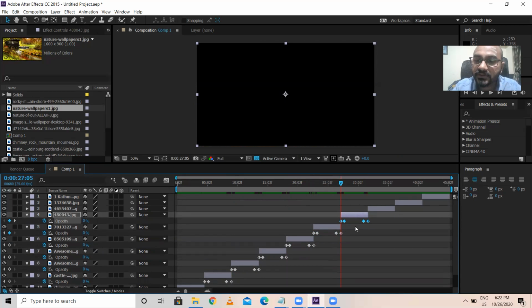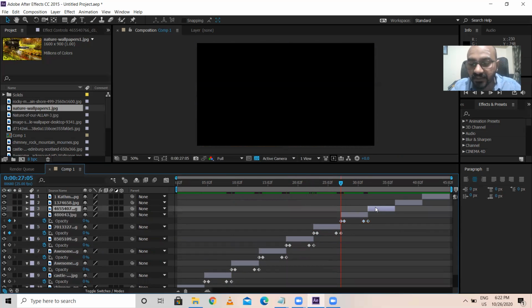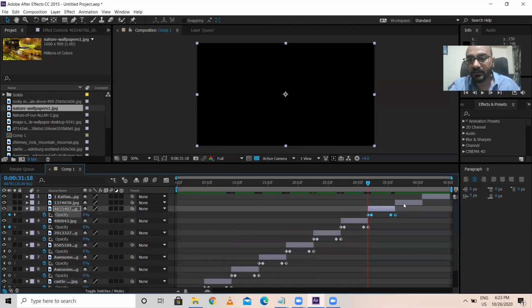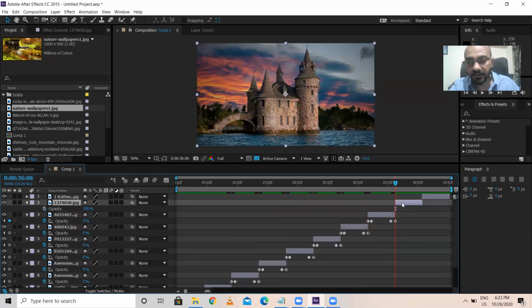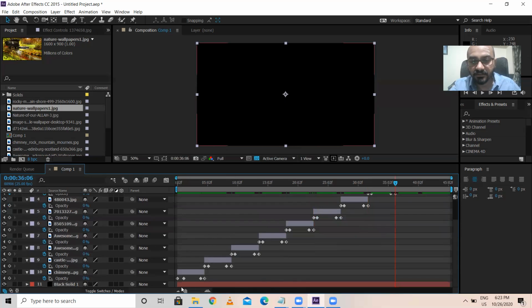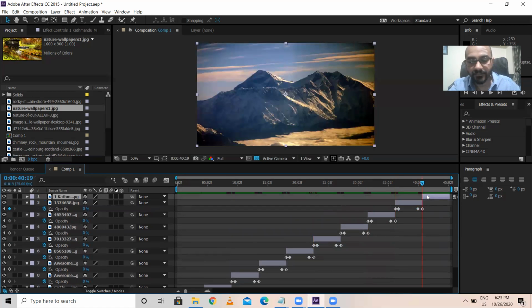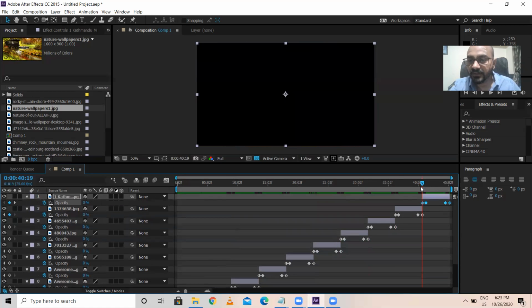You have to select individually, because when I select this and press I, I'm defining the position over here of the indicator. So the indicator will be over here. Then you are pasting the keys, means where you want transparency to happen, where you want the fade in, fade out to happen. Okay, so select this, I, T, paste. So again come over here, select this, I, T, paste. So it's done.